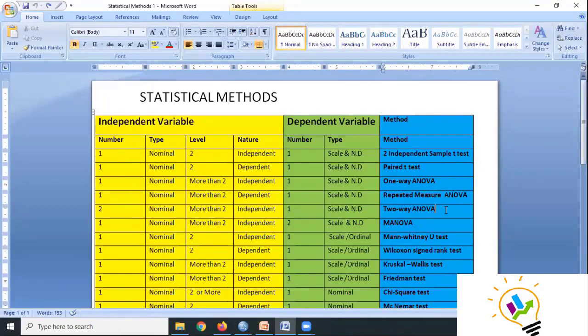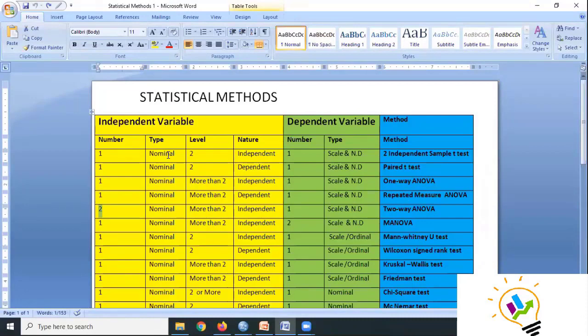Yes, sir. Right. But what is happening? The intensity of the analysis goes on increasing from here onwards. Instead of one independent variable, we'll be having 2 independent variables, but the dependent is only one. Then we will be using the two-way ANOVA method.